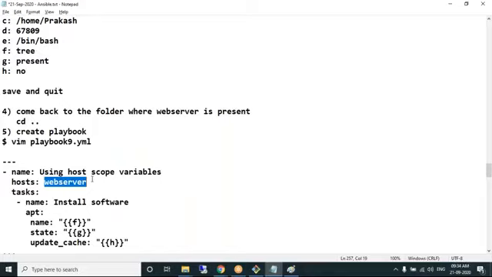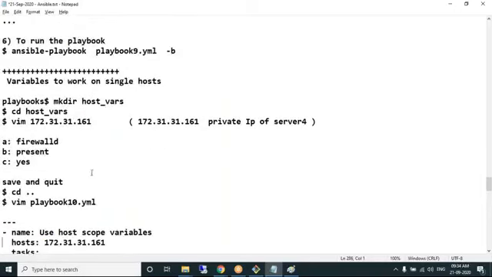So when you're working on this particular group, you can use those variables which are there in that particular file, not in other groups. That's why these are called group scope variables, which work on a specific group. I'll give one more example. Variables which work on a single host or single machine. Single host is nothing but single machine. Okay.